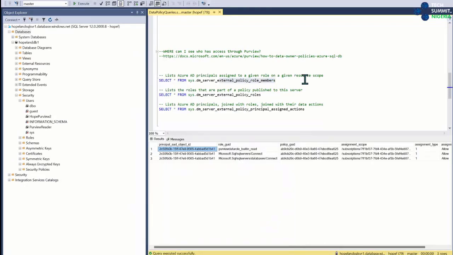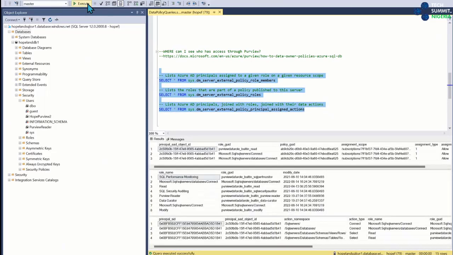places. If you have auditing reports and things like that, you might need to add to them if you start using Purview data policies. They are in preview, so I just want to give that preview caveat. But I definitely want to make sure people are aware that you might need to look in different places for where my users that have been granted access through Purview come from. And these are a few different of those DMVs. So they do show up.